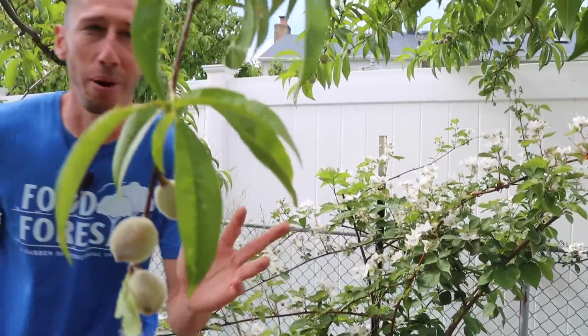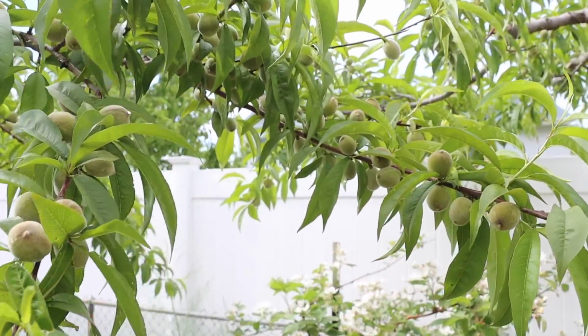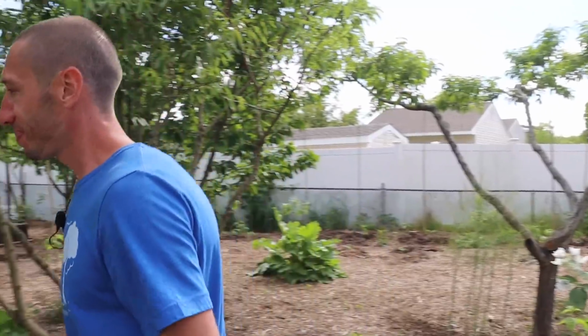As we walk through here, don't bump your head on the peaches. This one has so many peaches on it. Still not thinned perfectly, but we can go through and thin them. I've got some of my other peaches that I have thinned, and the peaches are swelling up, like they're getting huge. I'll show you in a minute. As we walk by over here,